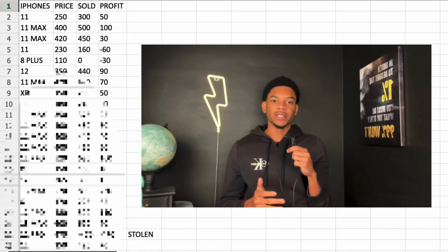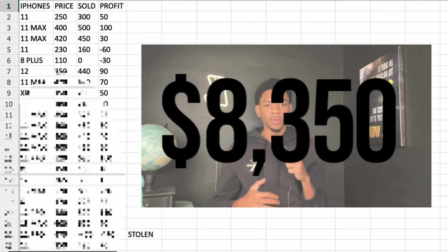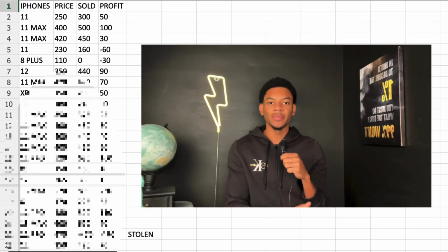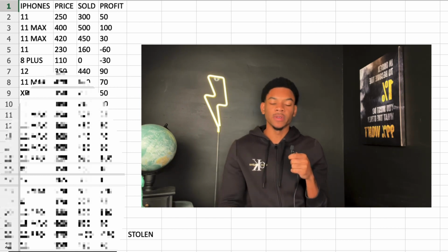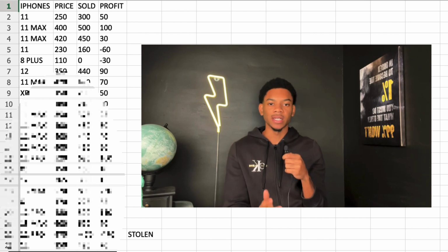So if you guys look at the chart that I have up right now, you'll notice that in total, I spent $8,350 to purchase all of these phones in total. And obviously I didn't spend all that money at once. I would flip a few devices and reinvest the profits, and over time that would compound. So really that's how much money went through my hands the entire time that I was phone reselling for my